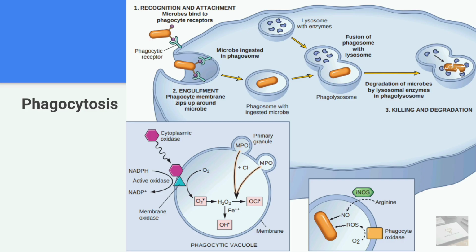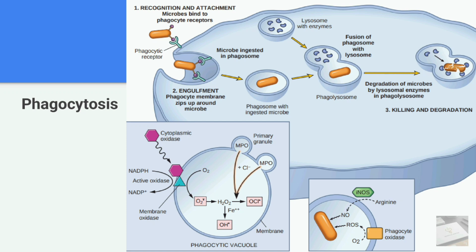Innate immune cells such as neutrophils and macrophages are phagocytic cells. These cells can sense the presence of microbes as well as other offending agents, engulf them and destroy them. This process is known as phagocytosis. We can talk about phagocytosis in detail in other lectures, but here I just want to explain the process in brief. Three steps are involved.